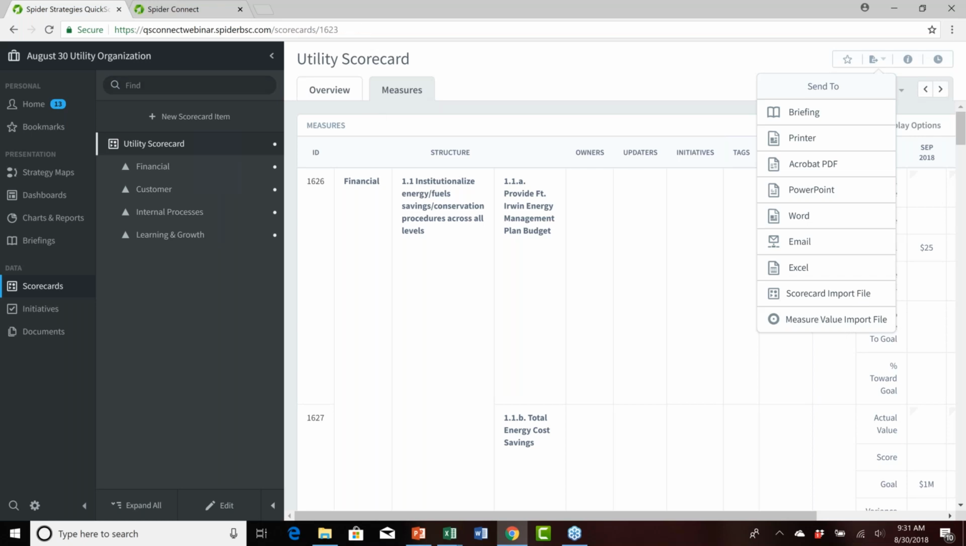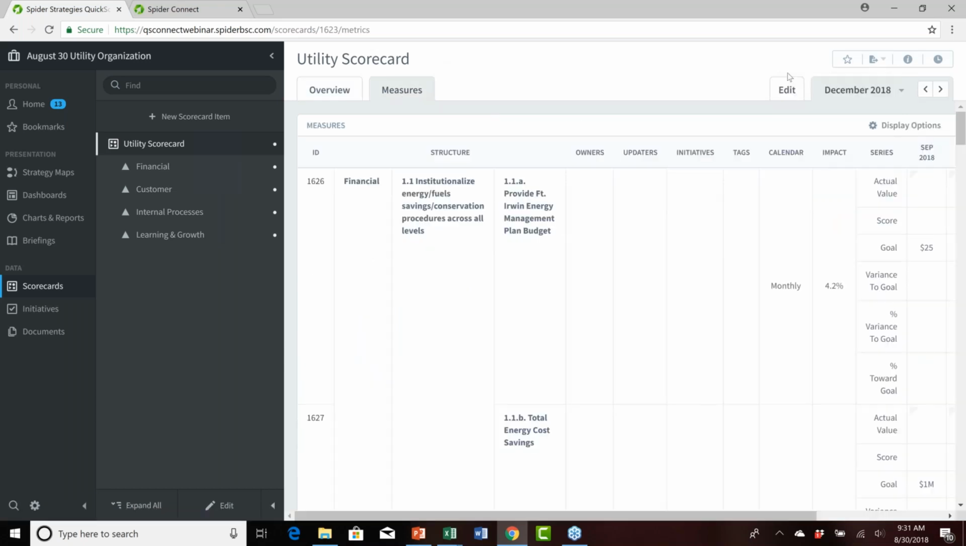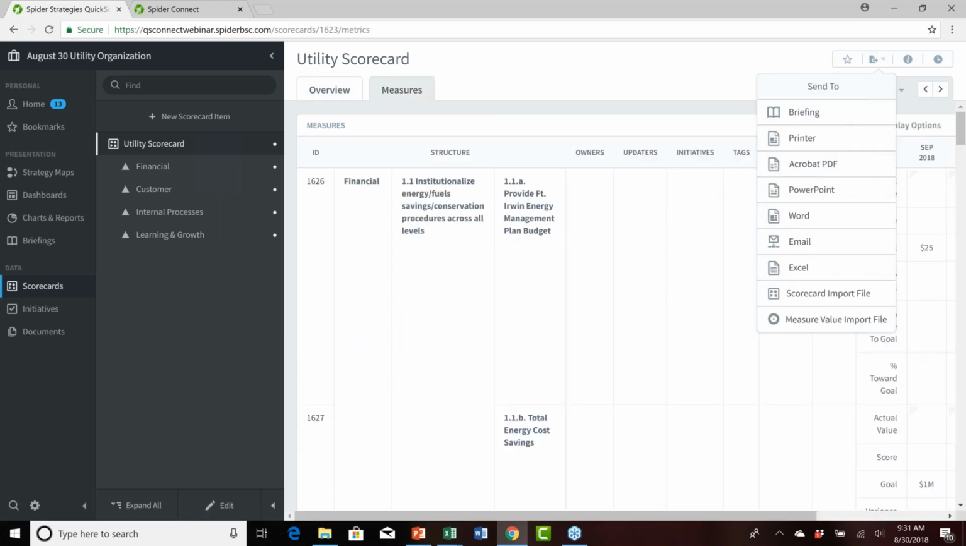Please note that if you are viewing your scorecard in the Overview tab and go to Send To, you will not see either of those two options at the bottom. So it's important that you be on the Measures tab, use the Send To dropdown, and select Measure Value